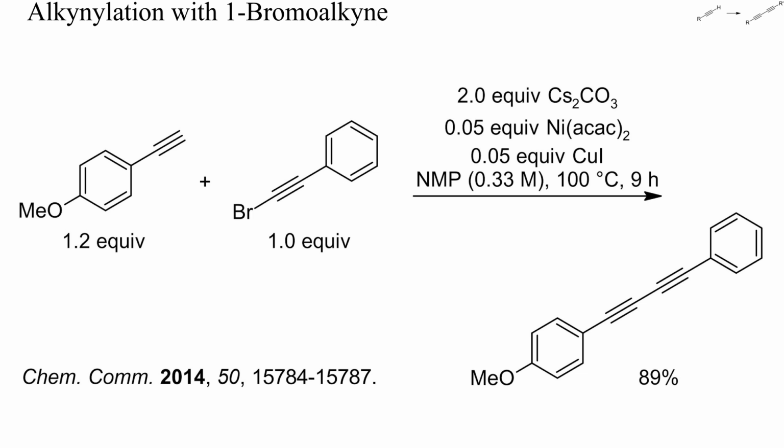If two different alkynes have to be coupled, it is often easier to just brominate one of them and then do a Cadiot-Chodkiewicz reaction, as in this example. Alkynes can be brominated by treatment with aqueous hypobromite, which is obtained when bromine is added to ice-cold aqueous sodium hydroxide. Here both a nickel and a copper catalyst were used, along with an excess of carbonate.